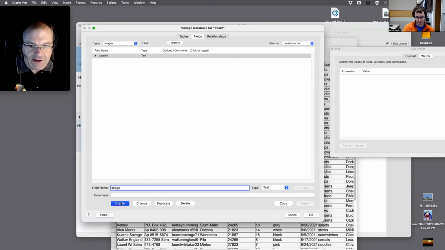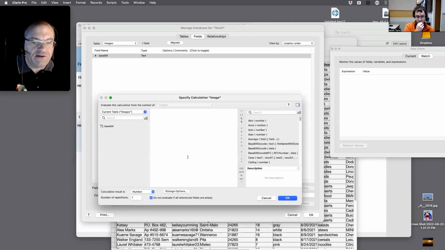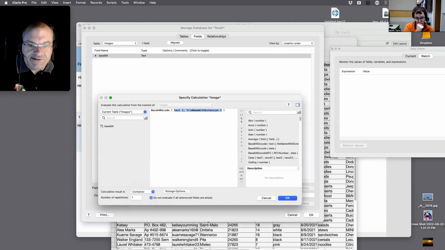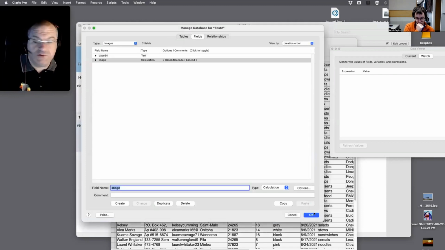And if I'm going to say create, probably the wants to image. Be a container. Yeah, but it's a calculation that'll be a container. Create. So the output's going to be a container, and then we do the base 64 decode, and then we would just do the base 64. Would that be enough for it to basically work if we put the right base 64 in there? Would that work? I'm assuming. Anyone stop, yell at me.